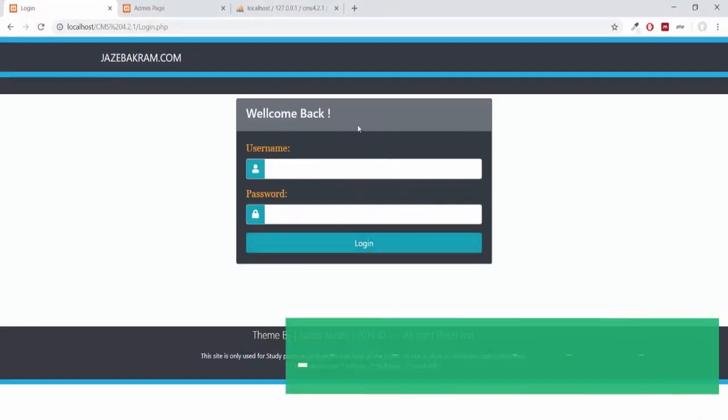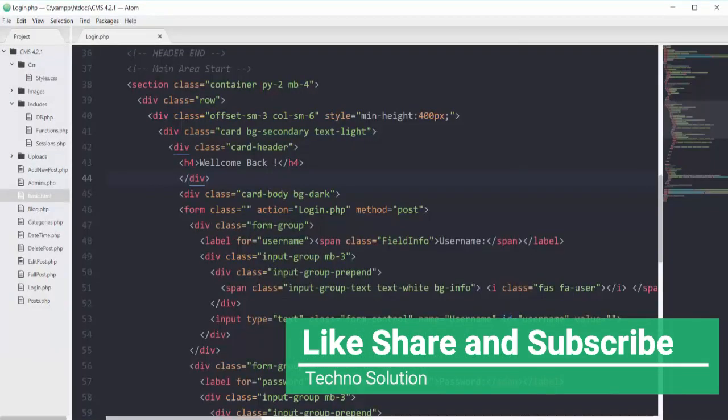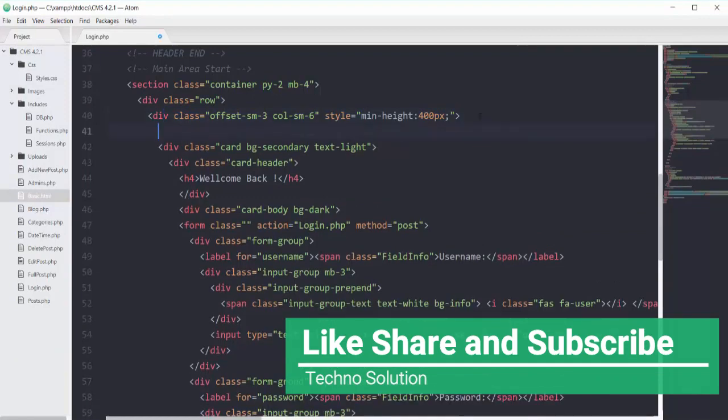You can have this card sticking here at this position, or you can make it a bit down so that your footer should be placed right at the end of your browser. So I can do that by adding a couple of br tags around this card. So right before this card I will add the br tag.